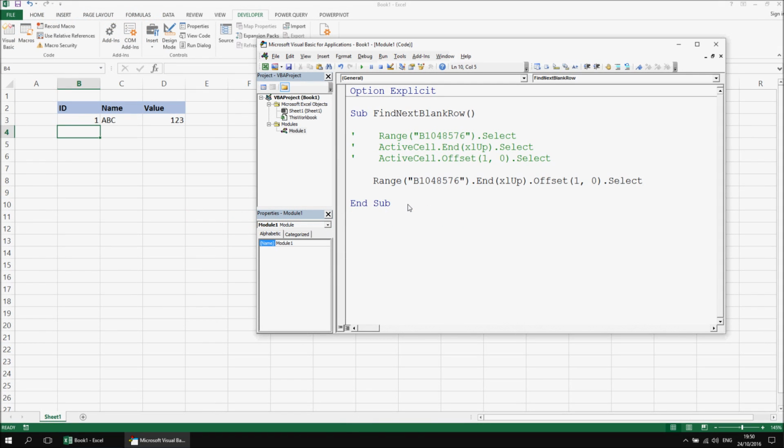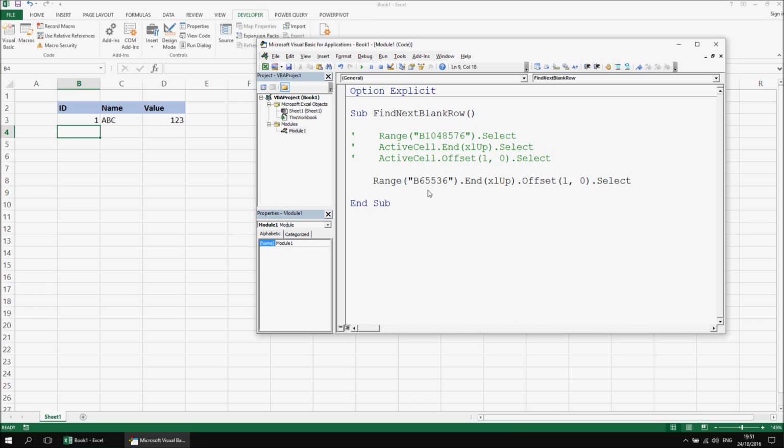Now one time when this can be an issue is if you find yourself still having to support legacy workbooks in the old XLS format. Prior to XL 2007, the maximum number of rows in a worksheet wasn't 1,048,576, it was only 65,536. So if I try to refer to this cell in a legacy version of Excel, then of course that's not going to work. Now one short simple solution here I suppose is we could say Range B65536 and